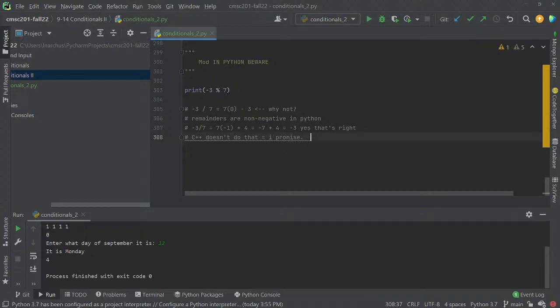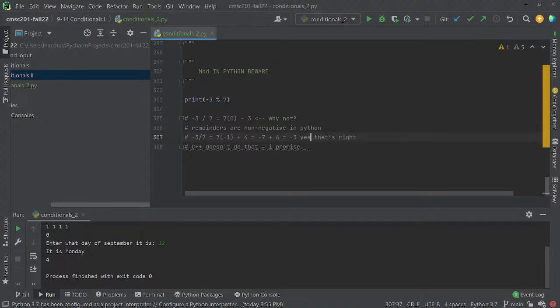And actually, that surprised me when I started to learn Python, because I learned C++ first, and it surprised me that Python actually corrects this. This is actually more like the mathematicians' version of mod, where the mod actually gets corrected to something positive because remainder should be positive, but C++ doesn't do it. So anyway, okay,